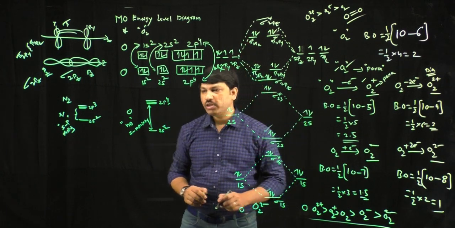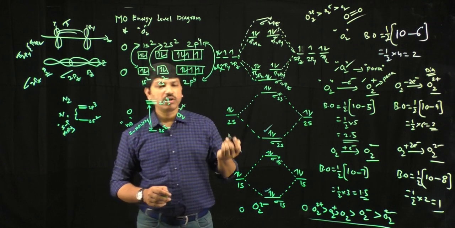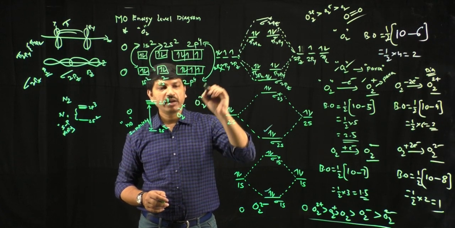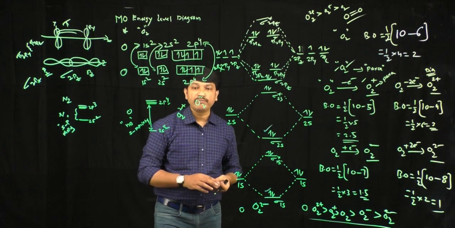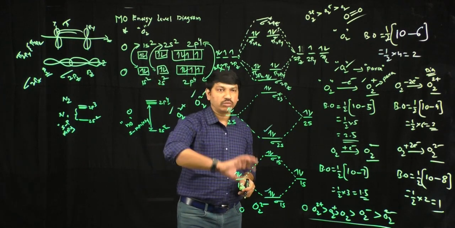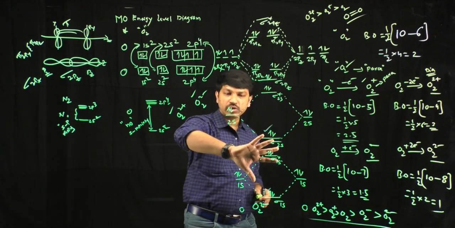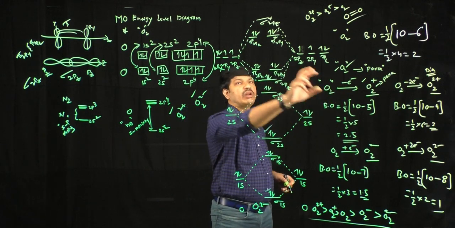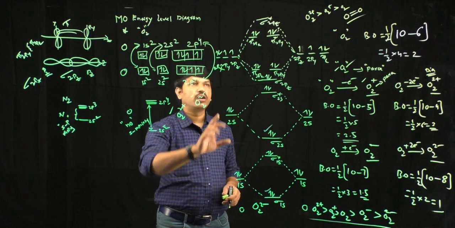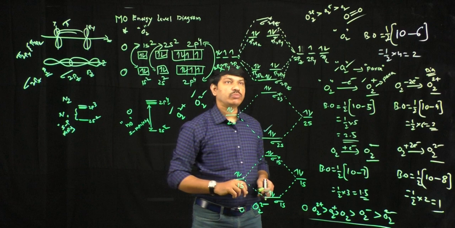In the examination, they will ask you to calculate the bond order value for O2 2 plus as a 1 mark question, or sometimes calculate the bond order value for the O2 2 minus species, or construct the MO diagram of the O2 2 plus species or O2 2 minus species. So what we have to do: first construct the MO diagram for the O2 molecule. Then add 2 electrons into the corresponding antibonding level in the case of O2 2 minus. Just remove 2 electrons from the antibonding level, then we can generate the O2 2 plus molecule.